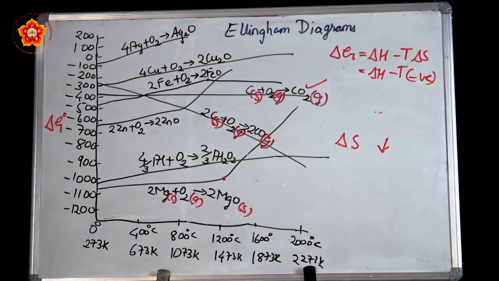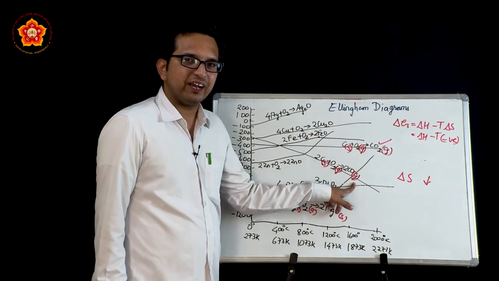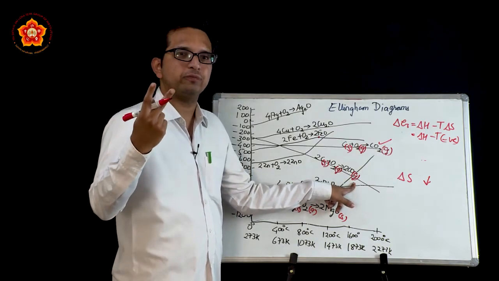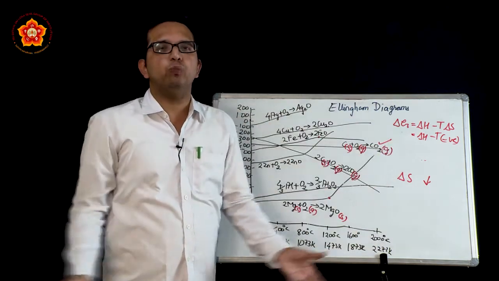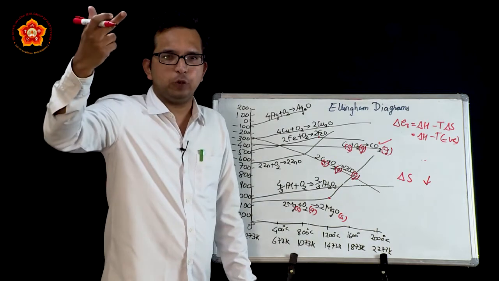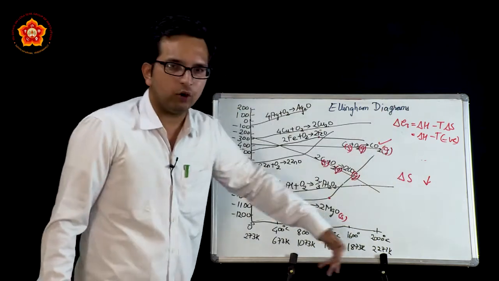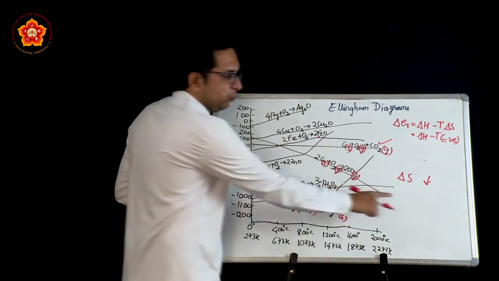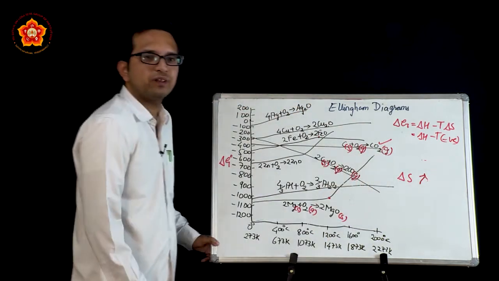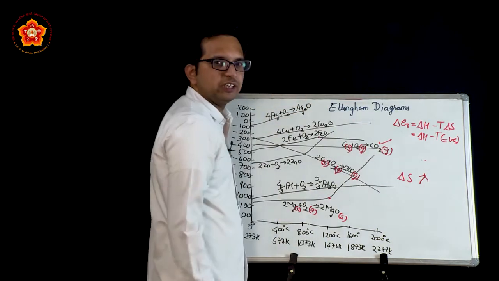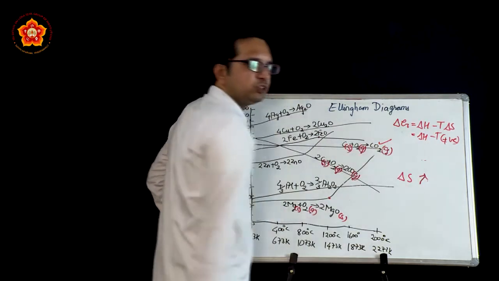So in this case, what has happened? There is only one gaseous molecule on the reactant side, but on the product side there are 2 gaseous molecules. An increase in gaseous molecules will increase randomness more. So although I showed it going down, since there is an increase in gaseous molecules, the entropy of this system increases. When entropy increases, it goes towards a positive value for gases. This tends to be positive.